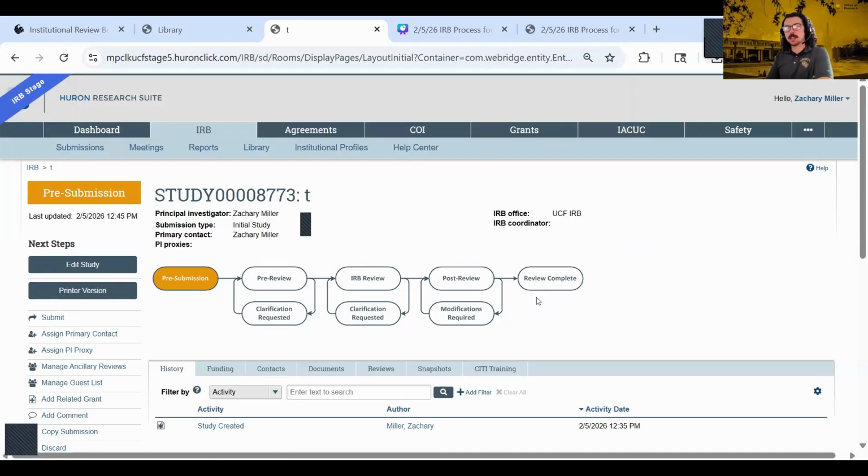You'll notice there is this little chart here. Right now, pre-submission is highlighted. In pre-submission, this means you can come back to it any time. If I wanted to go back and make changes to anything I just worked on, I can select Edit Study and do that. When I am ready, so I've double checked that my application is meeting all those basic submission requirements that we talked about,